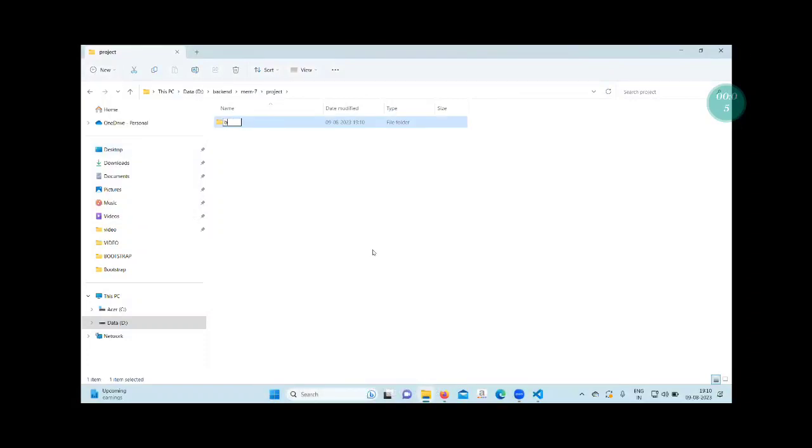One folder is required, that is called backend. Backend or API, better, API. One folder is called API. And one folder will be called frontend. So under the API,